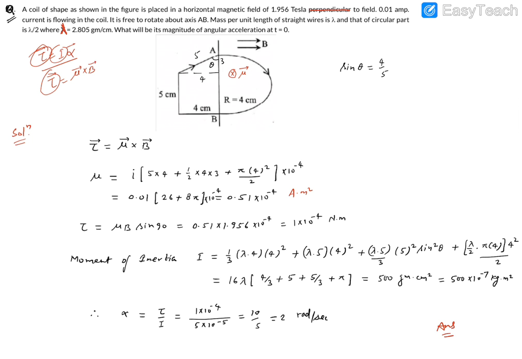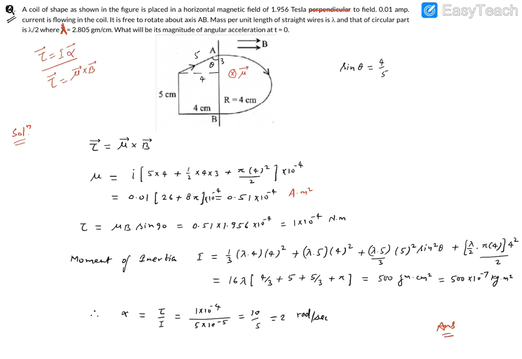Now if we get the moment of inertia, alpha will be there. So moment of inertia about this axis AB. Now let's see this torque. This torque is completely coming about AB. Mu cross B, when you do the mu cross B, torque will be coming in this direction. That means this is going to rotate about the AB axis like this. So you'll find this entire torque is about the axis we are allowing this structure to rotate. This says that moment of inertia has to be found about this axis.